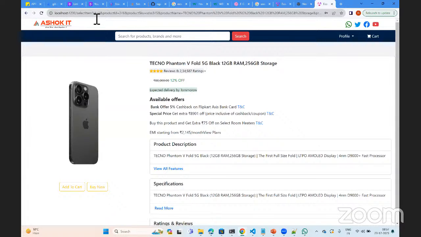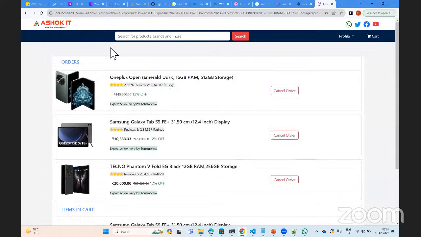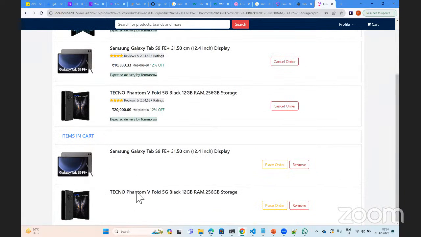We are going to handle all these query params with the router, which is a concept in Angular. Here we have two options: add to cart and buy now. If we click on add to cart, see here, items in cart, that item is added.